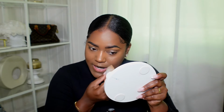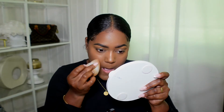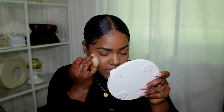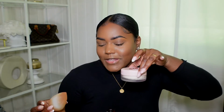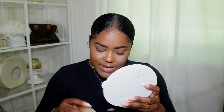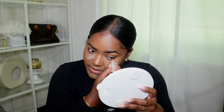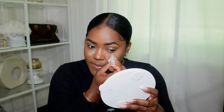Alright, you guys, so brows are done. Before I apply my powder under my eye to set, I'm just going to go over with my sponge and press the concealer in one more time. I'm doing this to fill in any creasing that may have already started. For powder, I'm using the One Size powder. I want to say I got this in the beginning of summer, but then I got the Huda Beauty concealer shortly after, and when I got the Huda Beauty concealer, I literally fell in love with it,